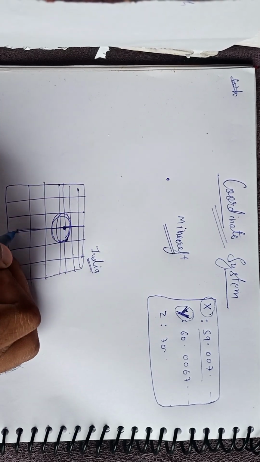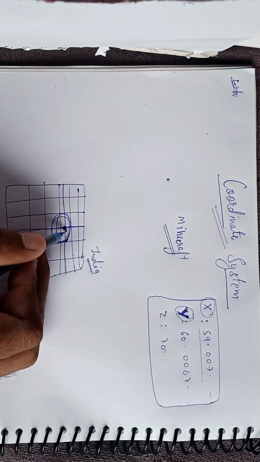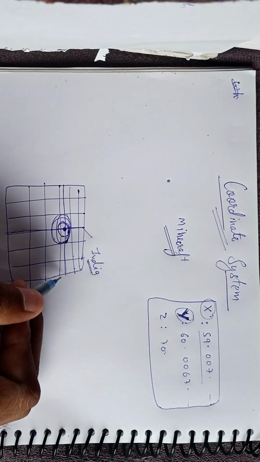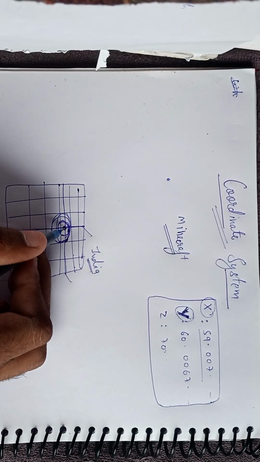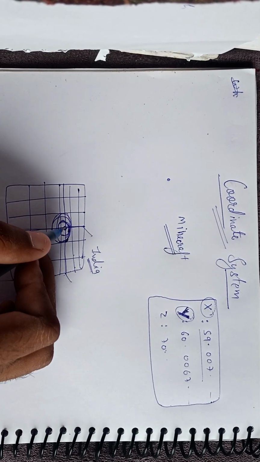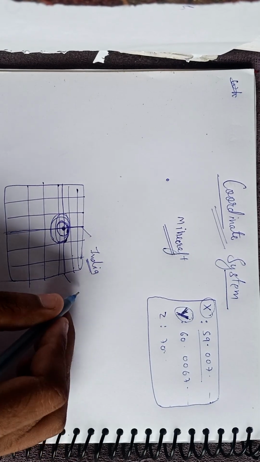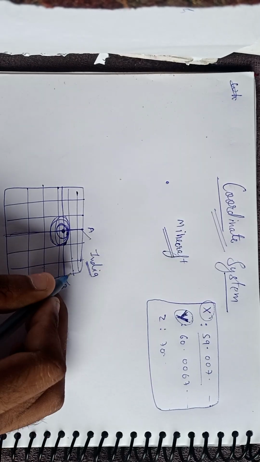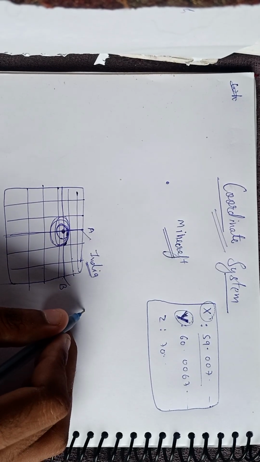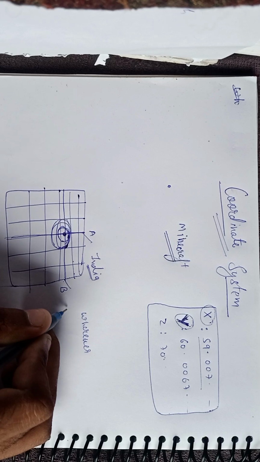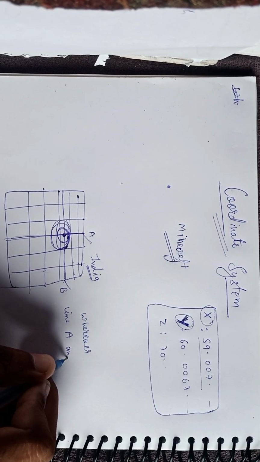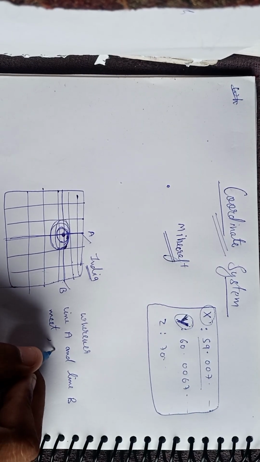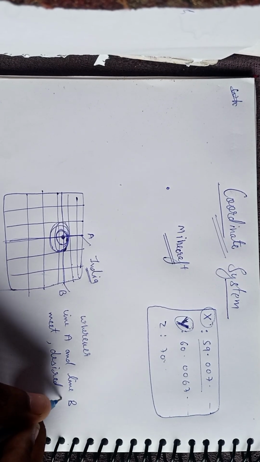Now the place where this horizontal line and this vertical line meet will be the point which we want to find out. So this line and this line will be unique to only this point, because this is the only point where these two lines are going to meet. So let's say I say this line is A and I say this line is B. So the mathematicians said that wherever line A and line B meet, the desired point is located,